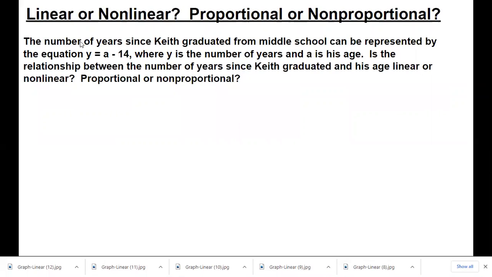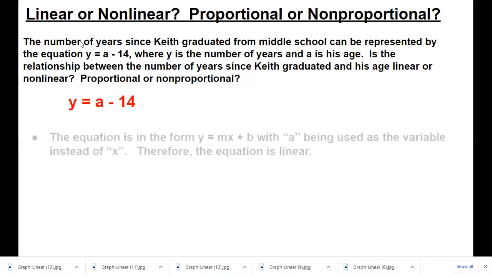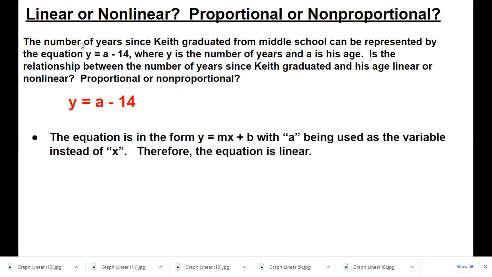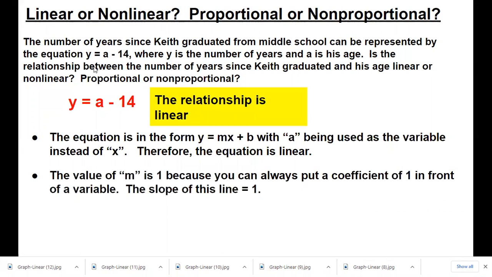So this would be considered linear. The equation is in the form y equals mx plus b with a being used as the variable instead of x. Therefore, the equation is linear. All right, now what about proportional or non-proportional? Well, it has a b, right? Negative 14 is the y-intercept. So it's shifted from the origin, so it is